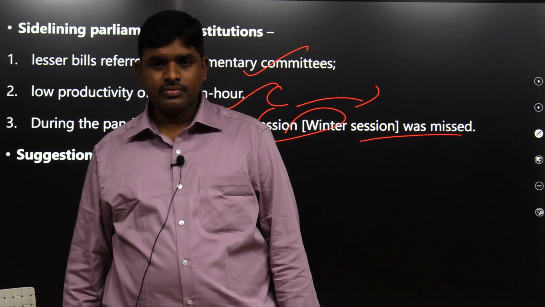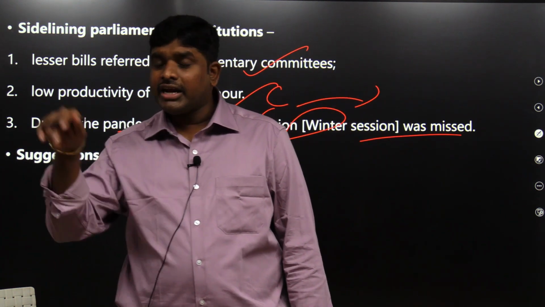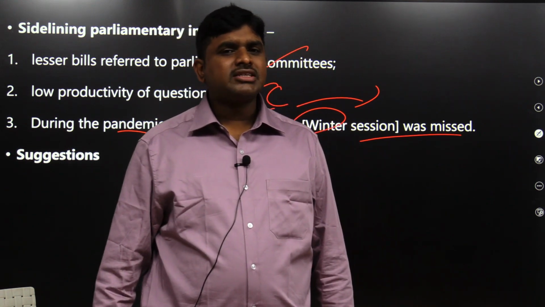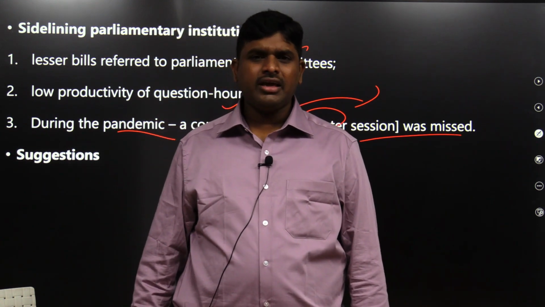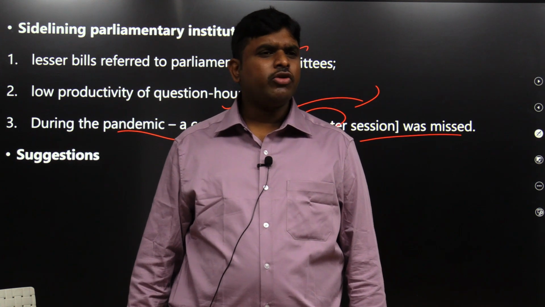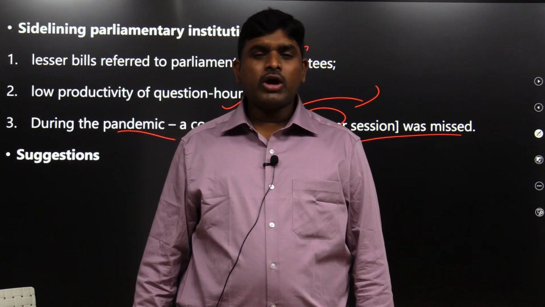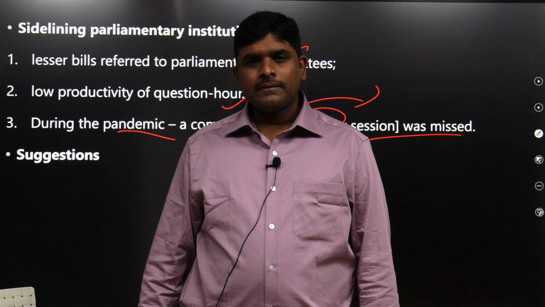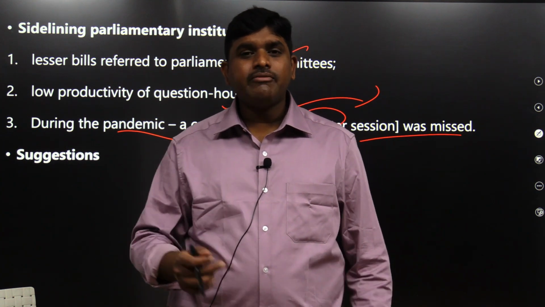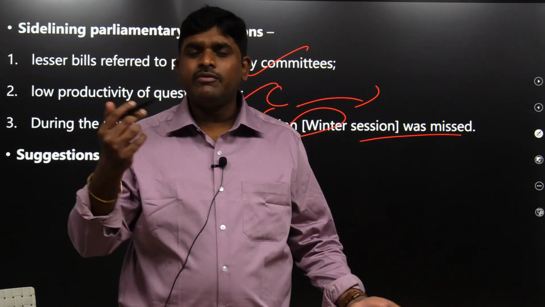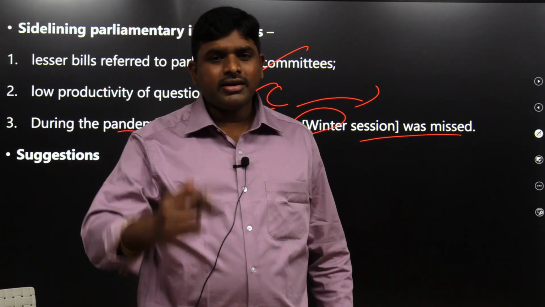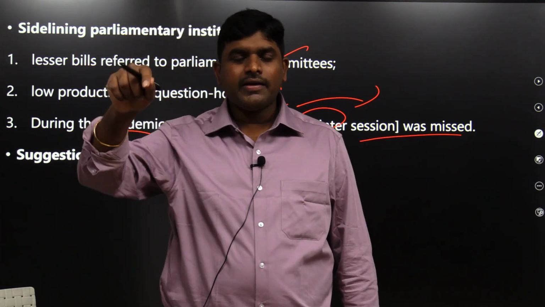Absenteeism. You can write an example. When Sachin Tendulkar was asked why he was absent, he said it's my voluntary thing. Why should I be present, why are you making it compulsory for me to come to Rajya Sabha? A Rajya Sabha member is saying this, but the reasoning put forward for absence is not correct. Absenteeism is very high.